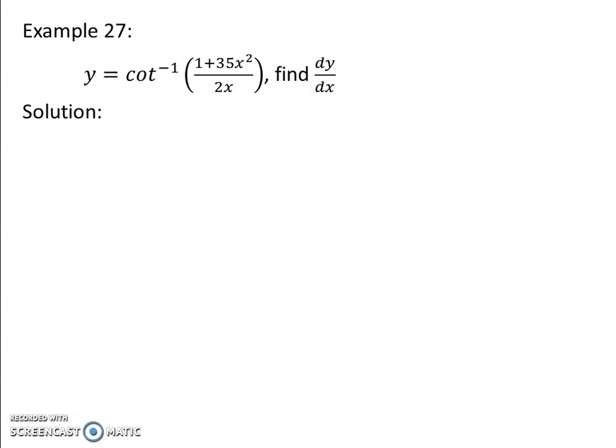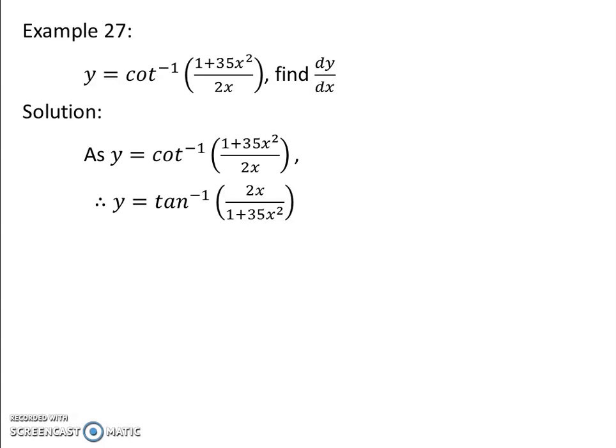So this can be written as tan inverse of 2x upon 1 plus 35x square. So cot inverse x is tan inverse of 1 upon x. So simplifying this, we get 2x upon 1 plus 35x square. As in the denominator it is plus 35x square, it is a problem of subtraction, tan inverse a minus tan inverse b type. So we want to find two terms whose product is 35x square and whose subtraction is 2x.